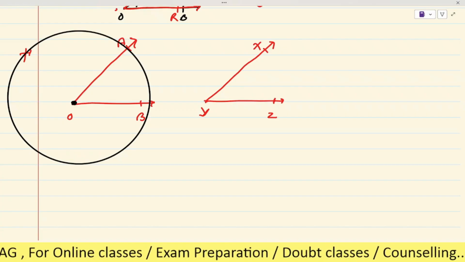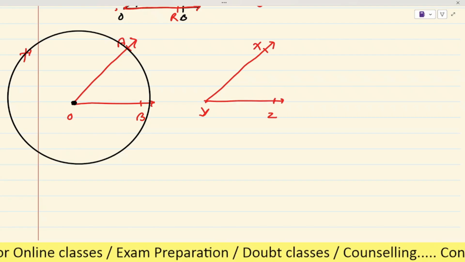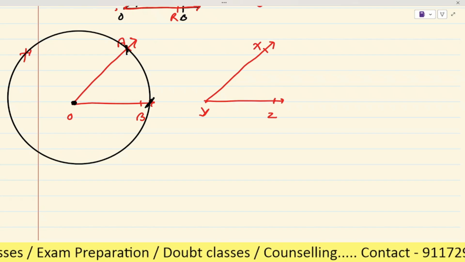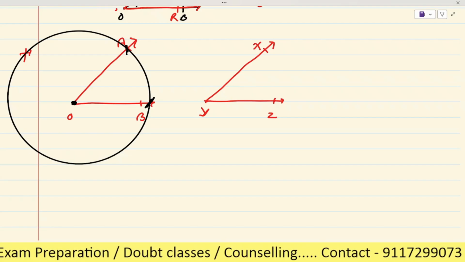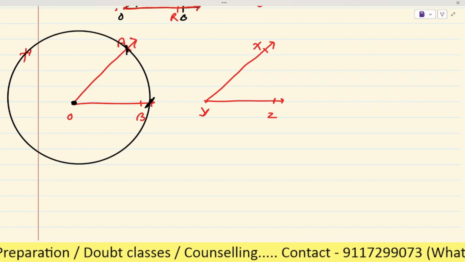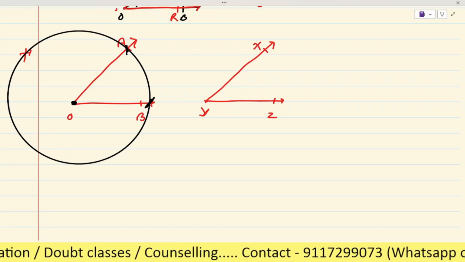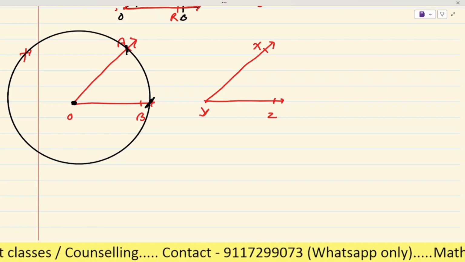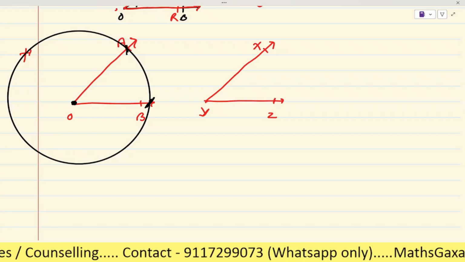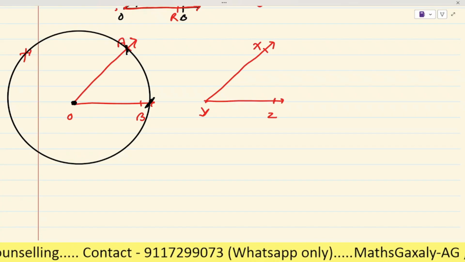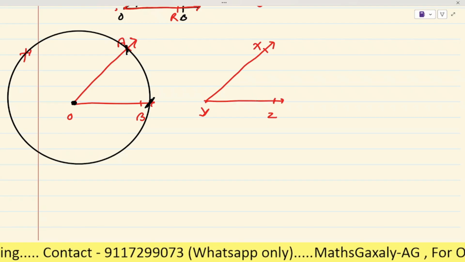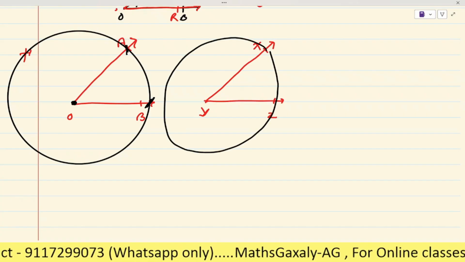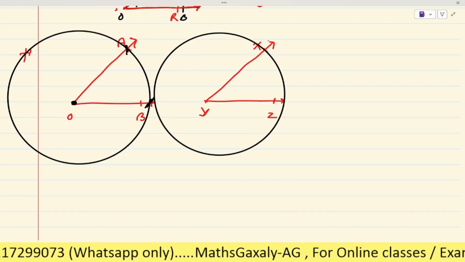Let us mark the points A and B on the edge of the circle, as you can see here, where the arms of the angle pass through the circle. Now on placing this on the other angle, XYZ, we can find whether the angle is greater than, equal to or smaller than the first angle. Is it clear? You have to do the same for the second one, like this.